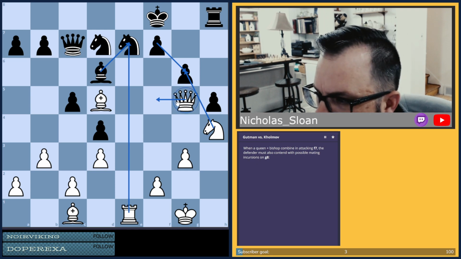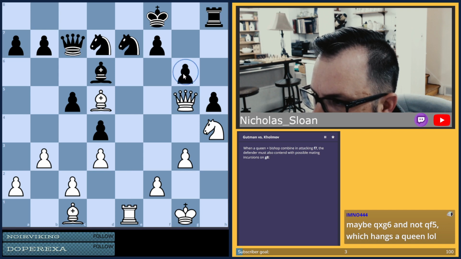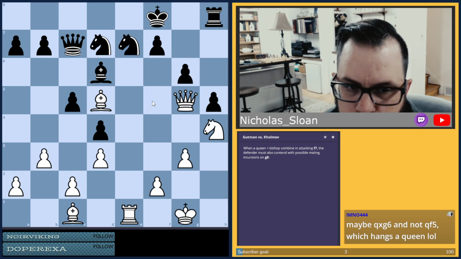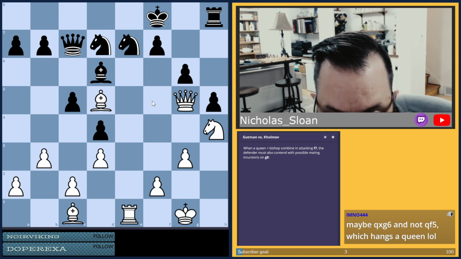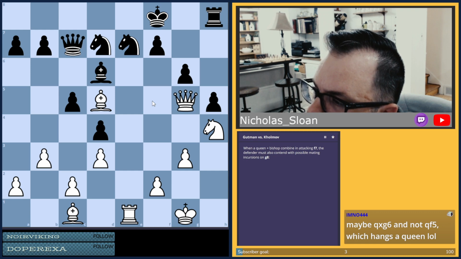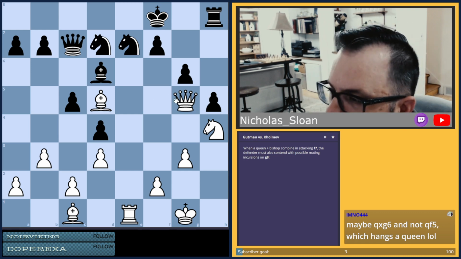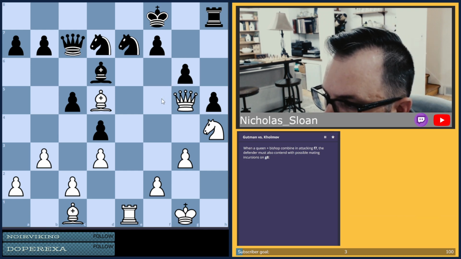I can't actually move there, so that doesn't work because there's a pawn there once this goes there. So that square is not used. Yeah, queen takes g6. Yeah, I couldn't go there anyways.